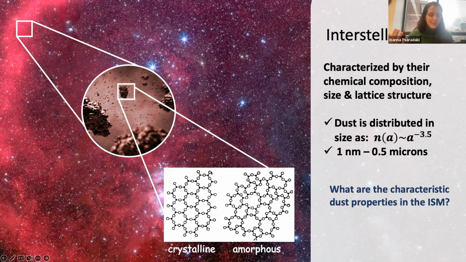So briefly, we can divide into two categories. One is the crystalline dust, where the atoms are organized nicely. And the other is the amorphous, where we have a disordered network of atoms. And usually the typical dust sizes that we see are about 1 nanometer to 0.5 microns. And also I want to point out here that dust occupies about 1 to 2% of the total mass of our galaxy, but it's really, really important